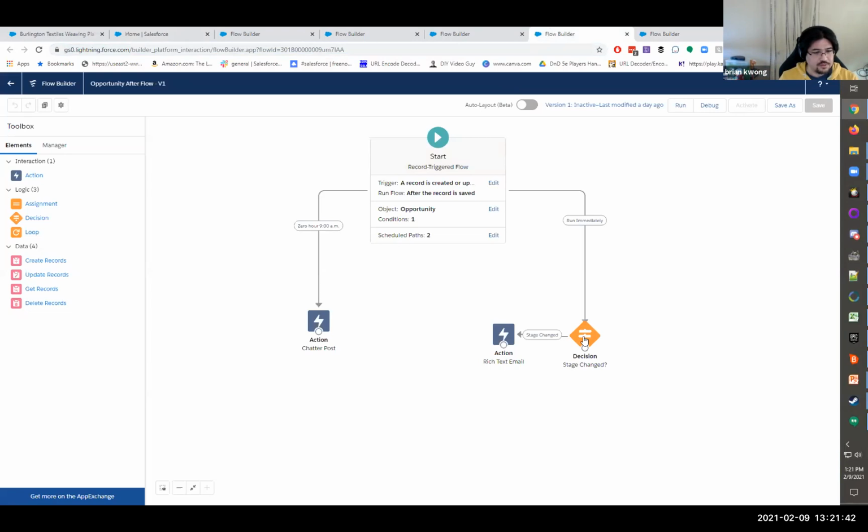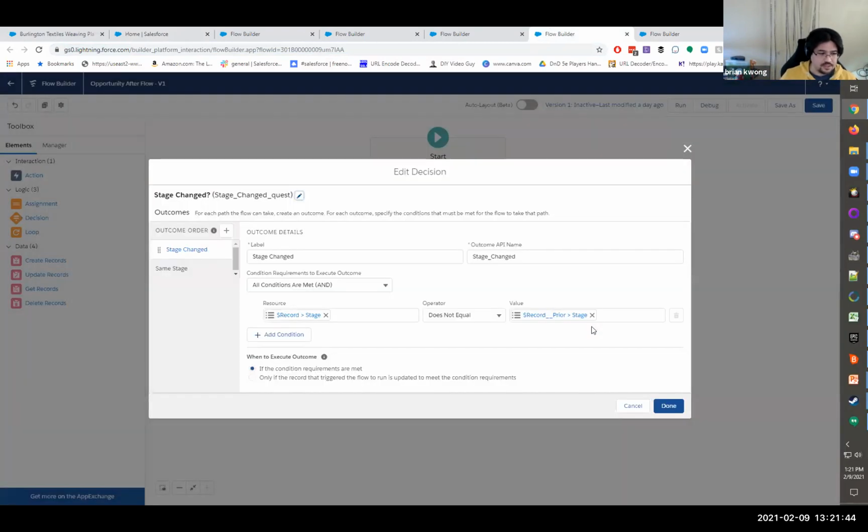And prior value is pretty straightforward. So here's a decision where I say, I want to check what the current stage is, and I want to see if it matches the previous stage. There is a new item when you are running these record flows where you get this $Record, which normally refers to the record as it is when it goes into your flow. But now there's this prior option. So if I delete this,